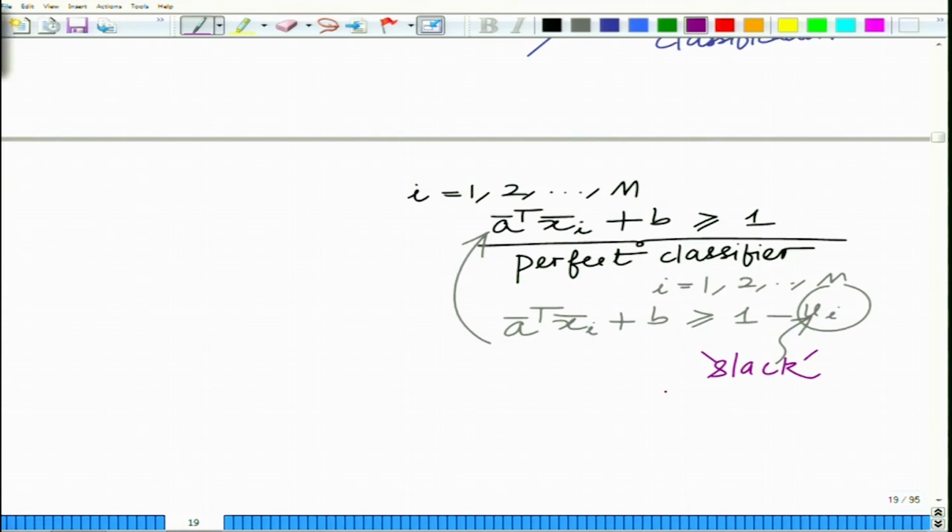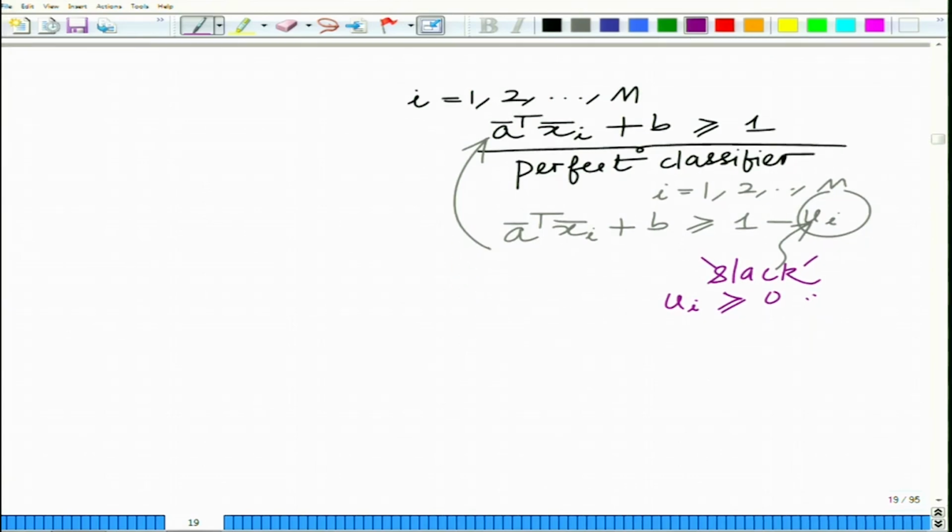So, this u i has to be naturally greater than or equal to 0, because if u i is less than or equal to 0, then a bar transpose x bar i plus b is greater than or equal to 1 minus u i, which is greater than or equal to something that is greater than 1, alright. So, that is not necessary, okay. As long as it is greater than or equal to 1 or something that is slightly less than 1,